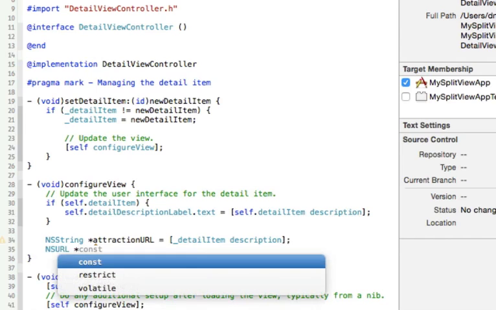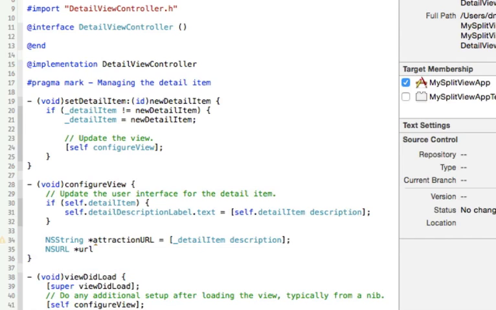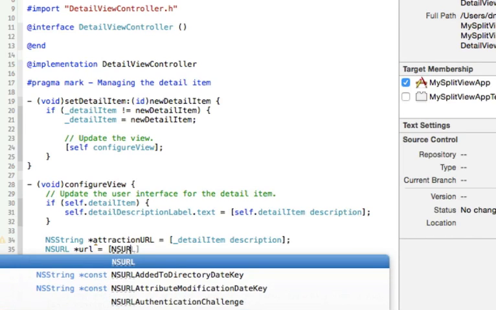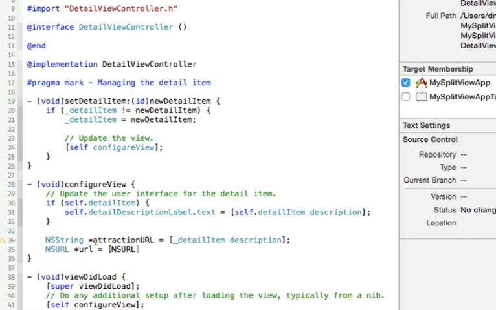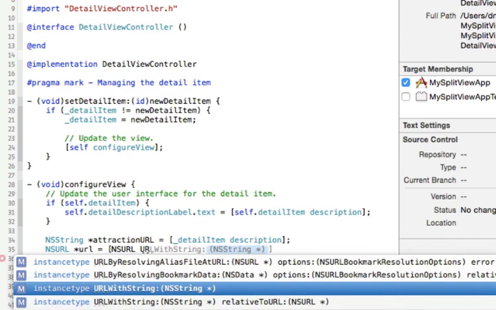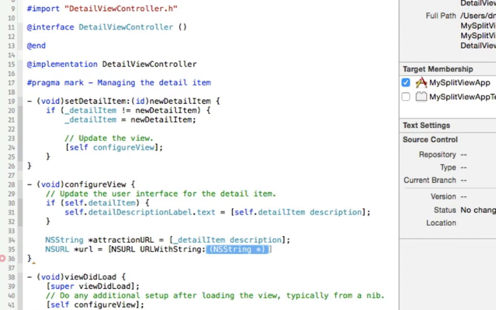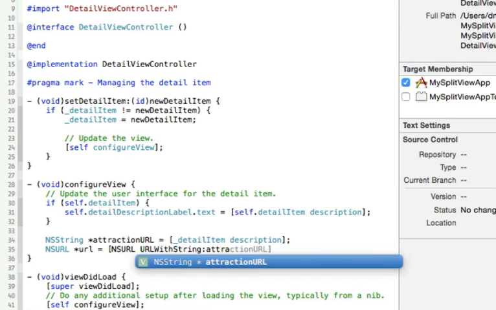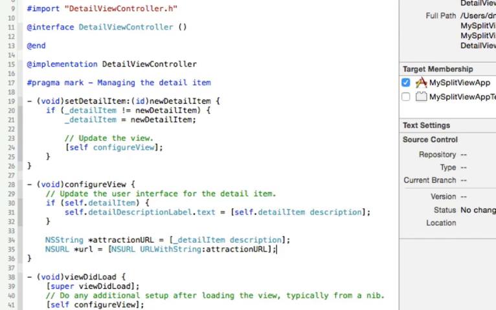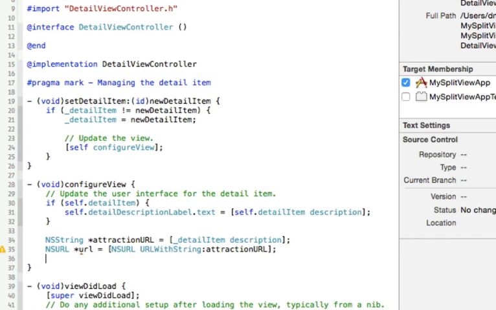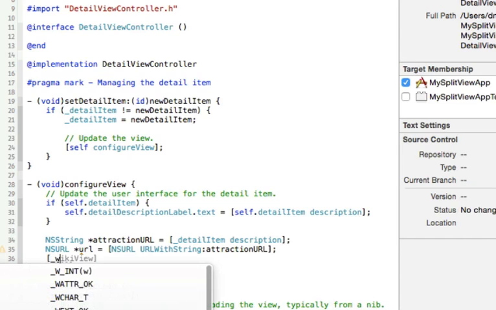It's going to be lowercase url equals square bracket NSURL, this time URLWithString, so I get the hint there for that, and the string is going to be attractionURL, close the square bracket. And then the last line of code here is going to be square bracket underscore wikiView,